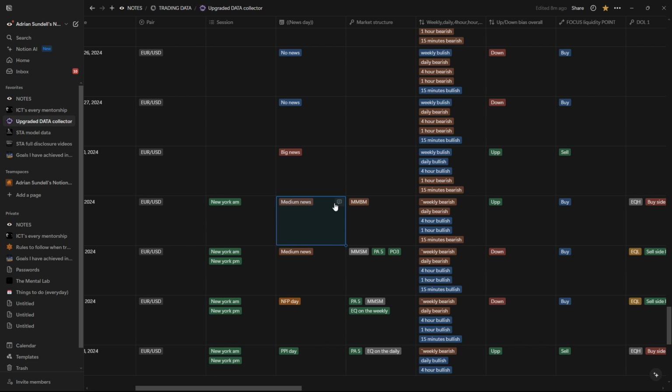All right. So we had medium news, and what I mean by that is when we have some red folder news, however it is not dangerous red folder news, meaning I can still trade it. Then we have non-news days and big news days. What I mean by big news days is 5 or more red folder news in one given day. Then I annotate it as big news days, and of course we then have CPI days, PPI days, FOMC days, and non-farm payroll day, which is a little bit special.